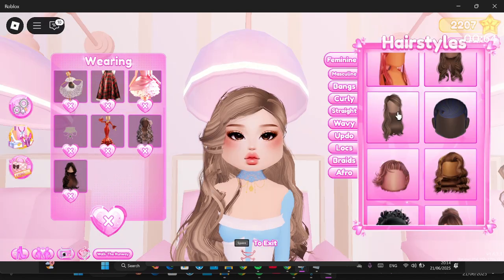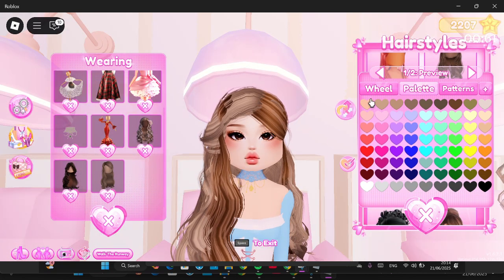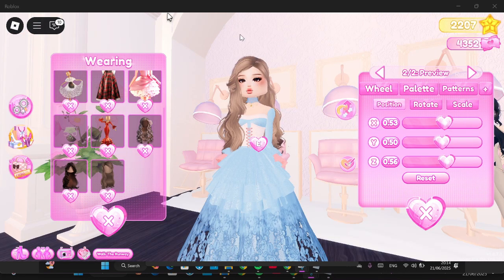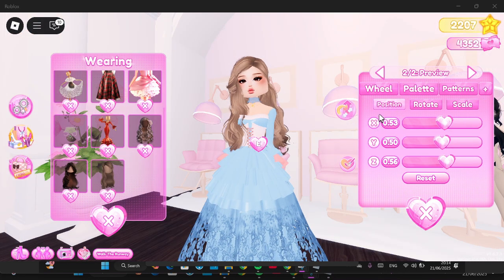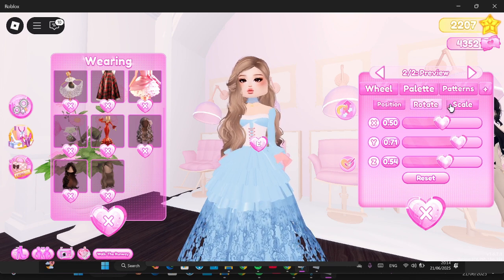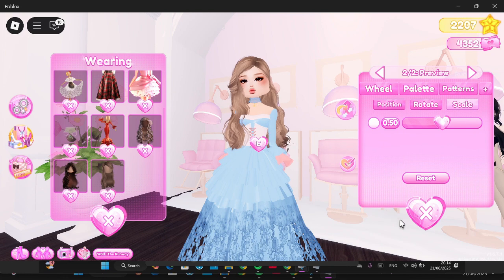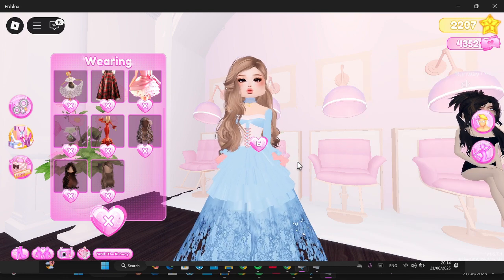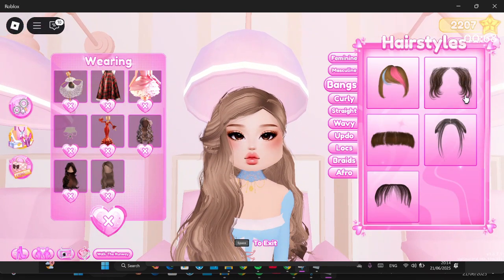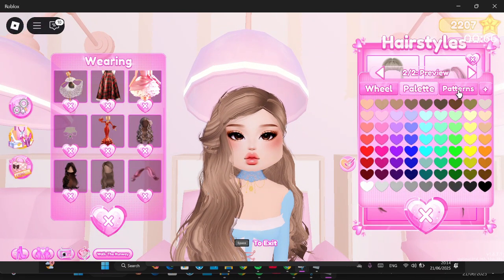The next one, guys, you can choose this hairstyle and then you're going to color it with the same color and do a little adjustment. You can position it like this and then rotate it like this, and for the scale just leave it like that. Alright, and then I'm going to go back and we're going to choose this bangs and apply the same